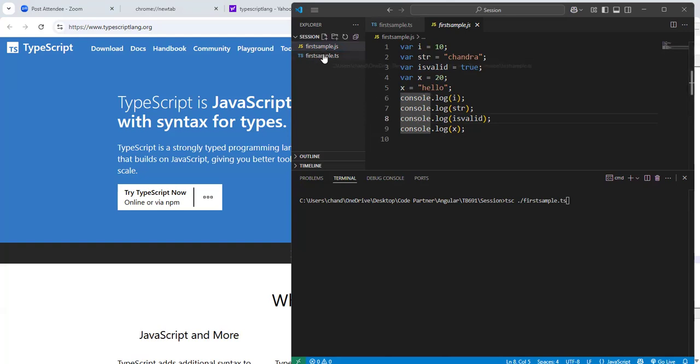In the TS file we have assigned data types, boolean, string, number, but in the JS there is nothing, no data type. You can compare both files here. Where i is equal to 20, in TS we have defined the data type. This is an extra feature of TypeScript. It is a superset of JavaScript, meaning